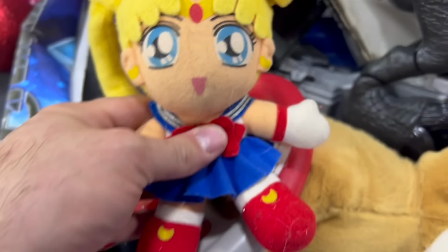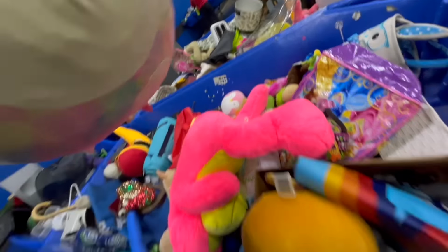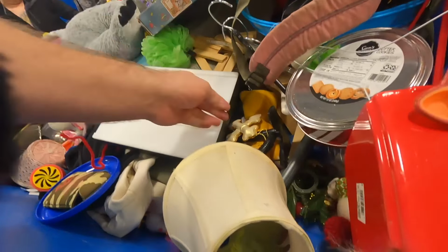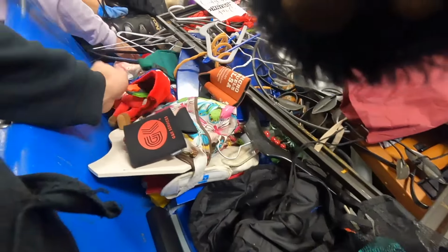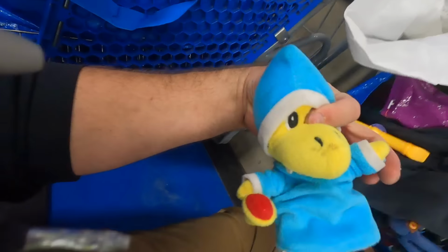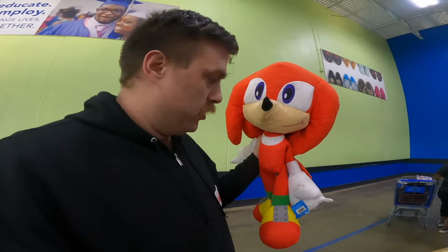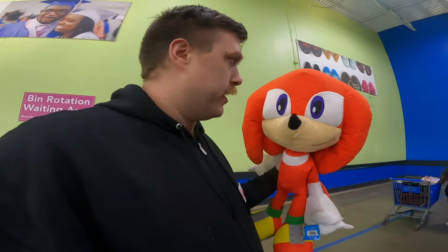Sailor Moon plush found in the search for all this Lego. There's so many Squishmallows. 2 Sonics. Let's go. Gales, let's go. Look, there's another one. Oh, there's another one right there. I had to make a bit of a judgment call to run and get this giant Knuckles, because there's a Pikachu also, not as big. But I thought, well, that Knuckles is